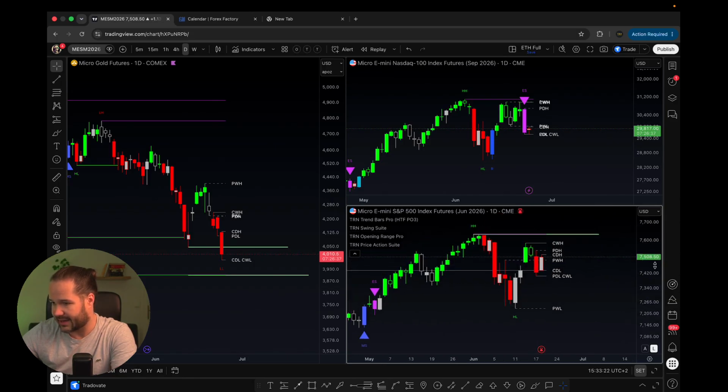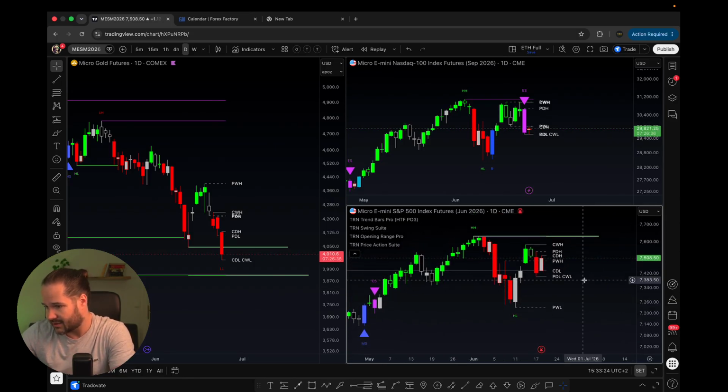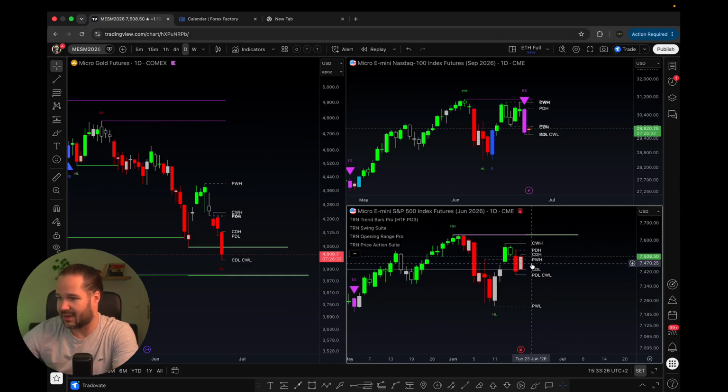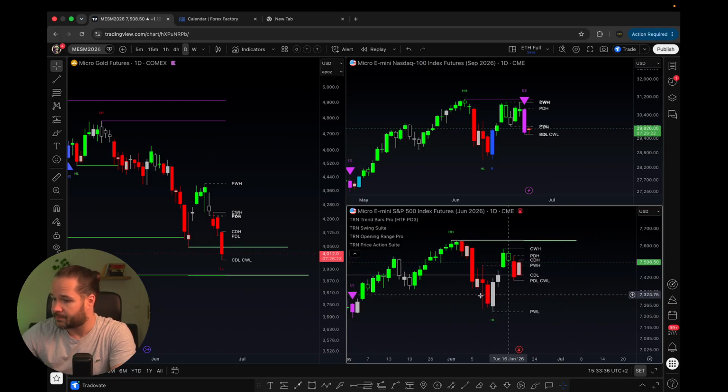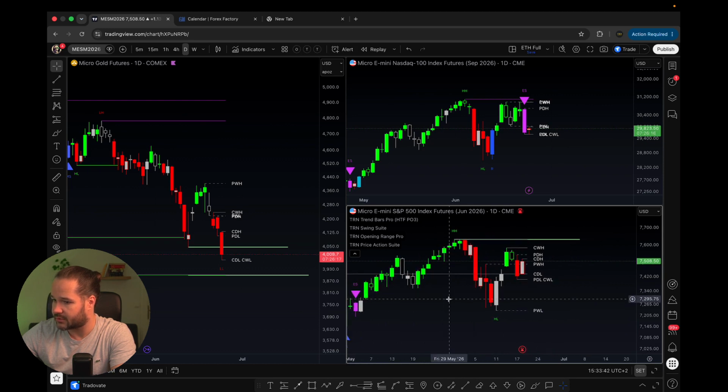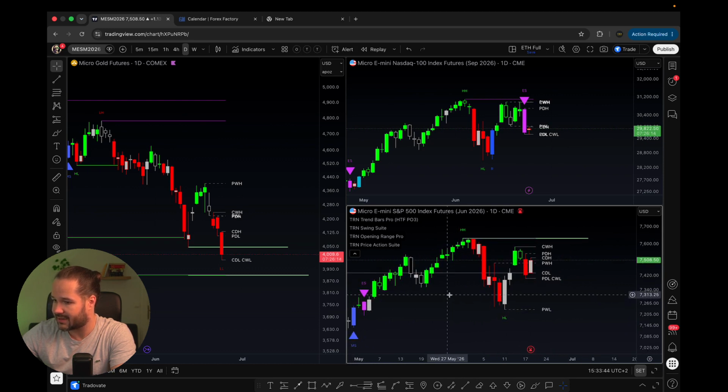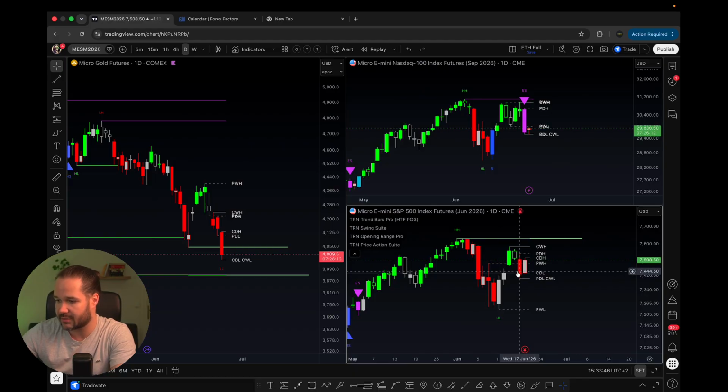And here on ES, it's not very surprising that it looks quite similar. So we have yesterday's candle closed below the Tuesday's and Monday's candle. Today we are recovering a bit. So honestly, ES looks a bit stronger right now. So let's see how this unfolds. But still, as we close below all the lows from yesterday, I'm still expecting